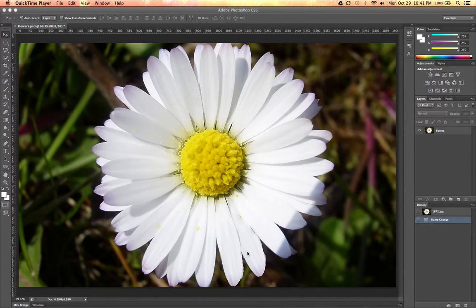Okay, welcome to a quick tutorial on using the quick selection tool and a quick mask to make a selection of an object or an image or anything you're using in Photoshop. So here you see I got Photoshop open. I have